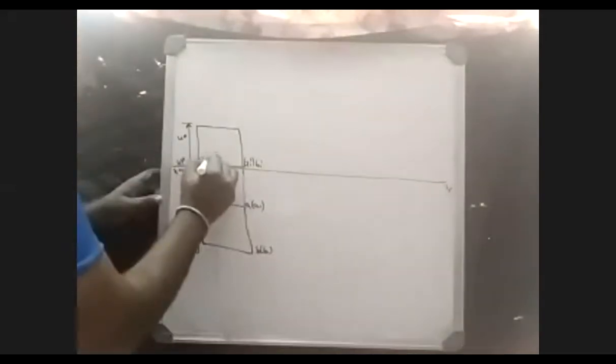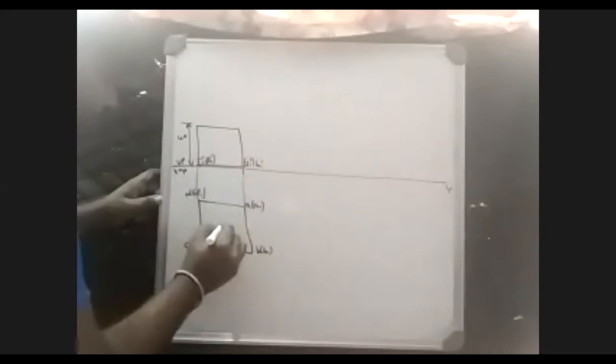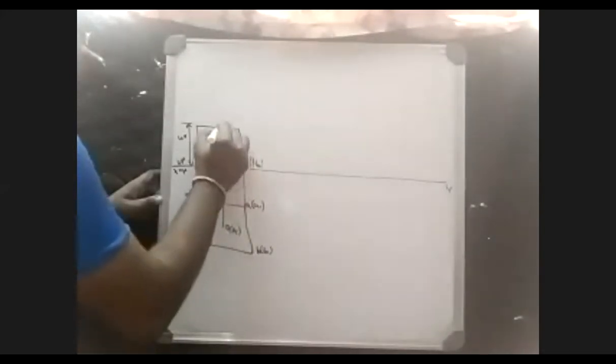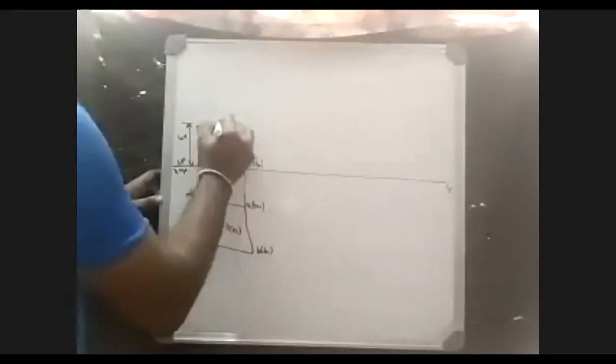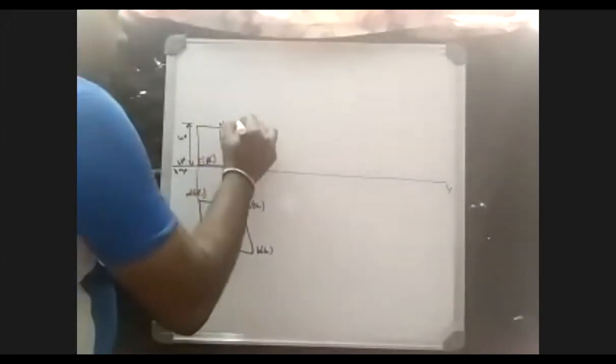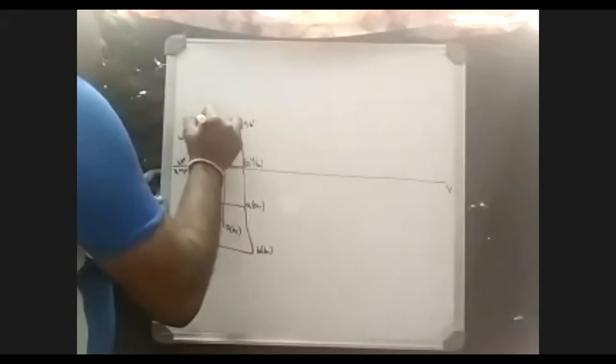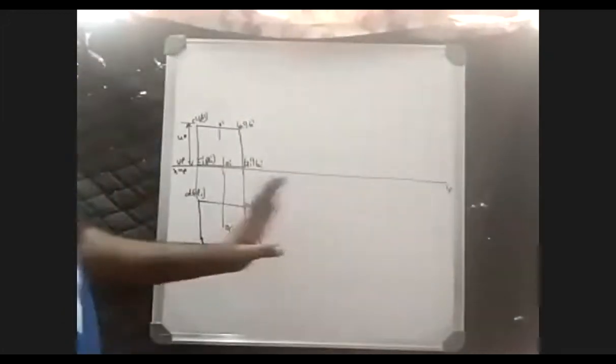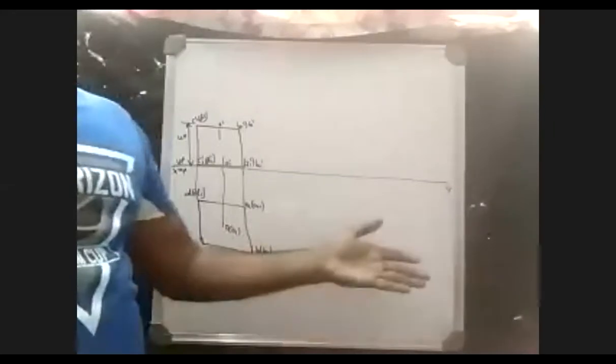This is C1 dash, D1 dash. So in the middle you have O1, right? This is O1 dash and this is O dash. So A dash, B dash, C dash, D dash. This is a cube. And it says resting on one of its edges of the base which is inclined to VP. So VP inclination, that is the third position that we will do last.